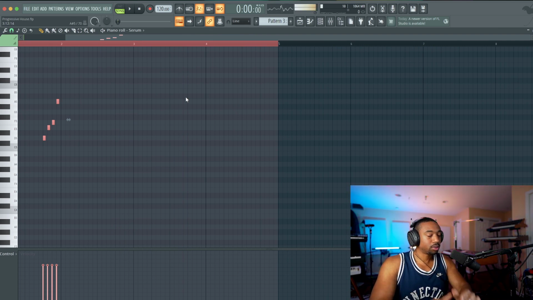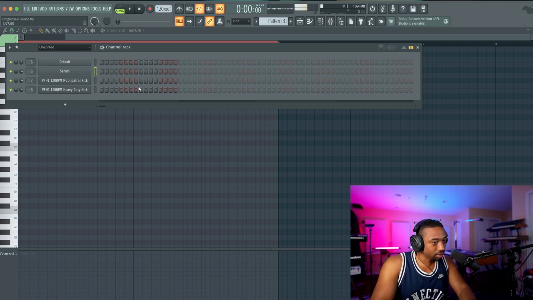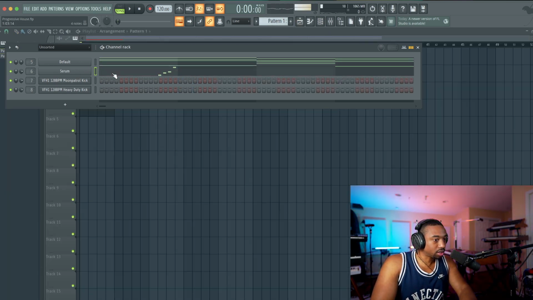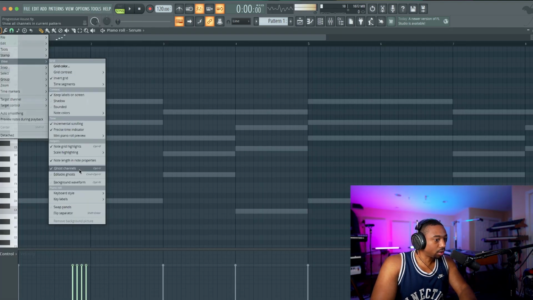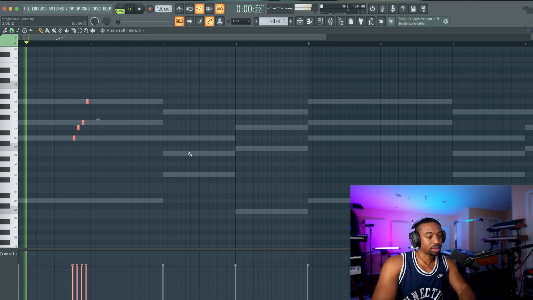And really what you want to do at this point is simply follow your chord progression. If you struggle with hearing notes, you might want to move back to where you wrote your chords, go into your piano roll, go to view, piano roll options, and go to ghost channels. This will help you see the notes that are actually in your chord so that you can have a rough outline of where you could add the notes, because our chords change.